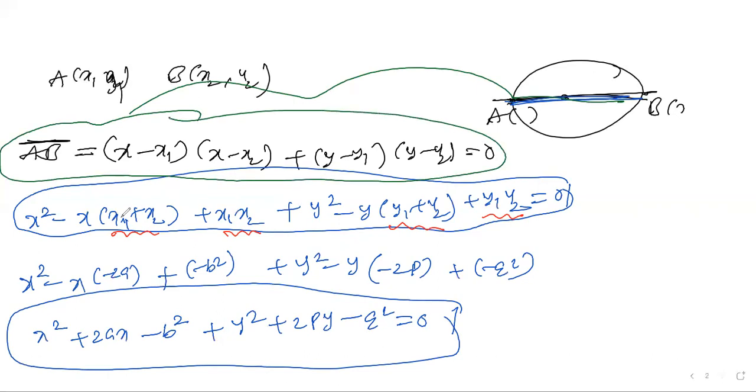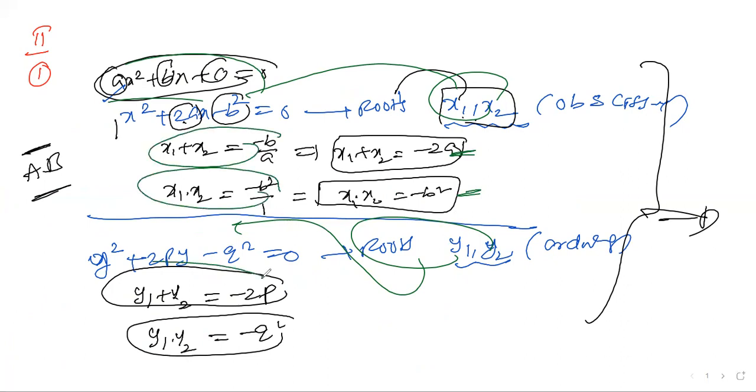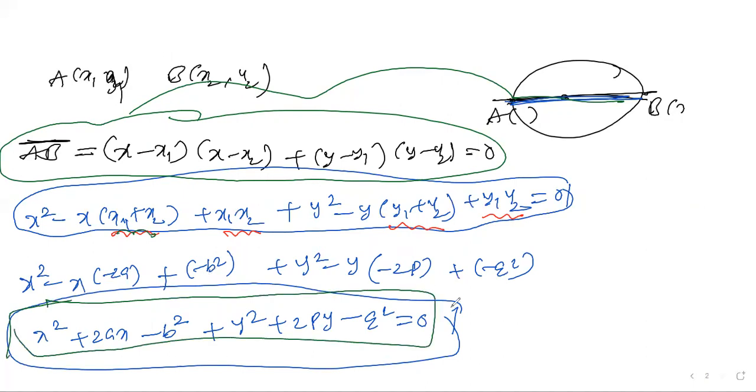But when applying, I took a common form like this because we know the relations of x1 and x2, so for convenience I took it. But given the condition, these are the roots of this equation. From this, I took my second order equation, the sum of the roots and the product of the roots, that I used. So from this, I found x1 plus x2 and y1 plus y2, x1 into x2, y1 into y2. This I substituted in this. Therefore, the equation becomes as in the question model. I think it's clear. This is the final equation of the line AB. There is no doubt at all.